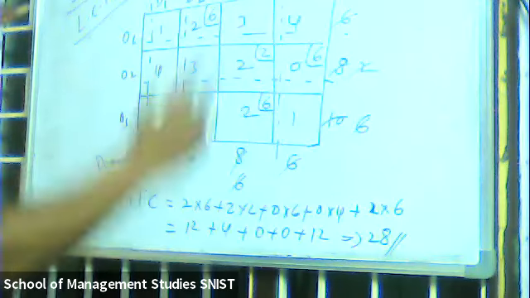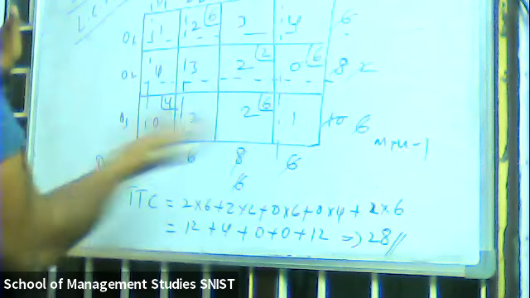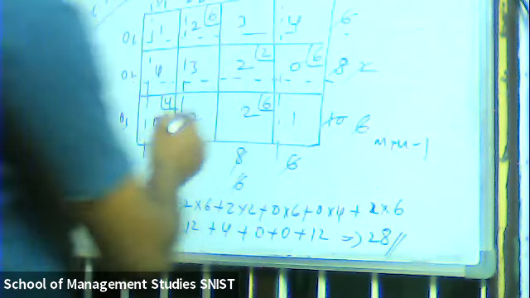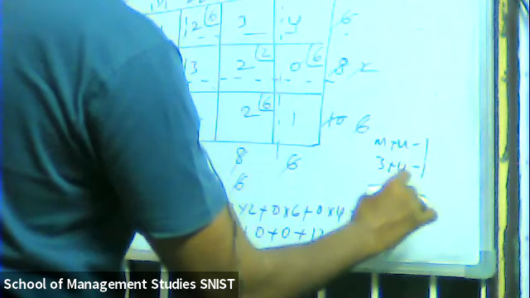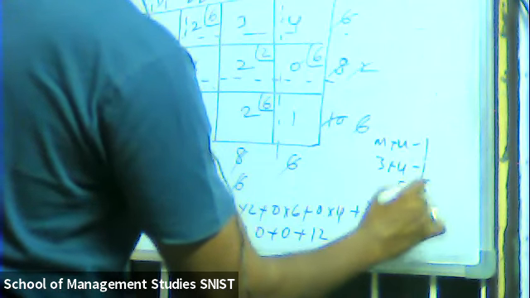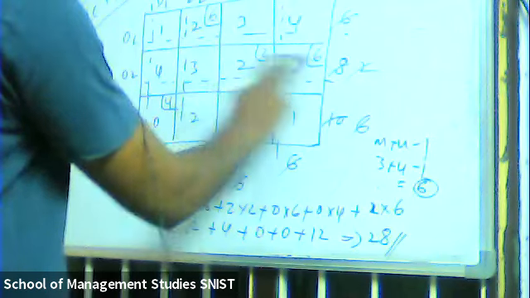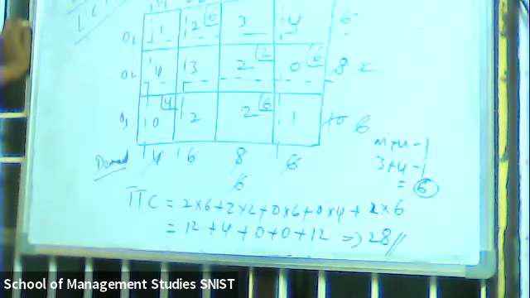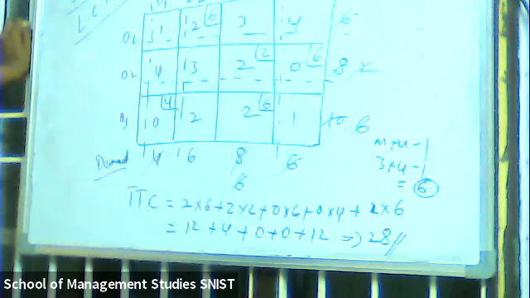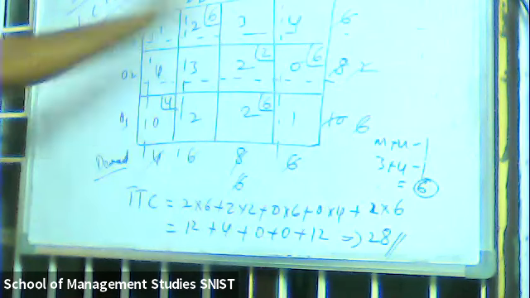Sir, that 6 allocations, no, sir. M plus n minus 1 condition. It did not satisfy the condition, sir. 1, 2, 3, 4, 5. Yeah, 4 plus 3. 3 rows plus 4 columns minus 1, 7 minus 1, we need to get 6 allocations, but we got 1, 2, 3, 4, 5. This is called non-degeneracy or degeneracy? Degeneracy. Okay. So for time being, forget about these allocations.